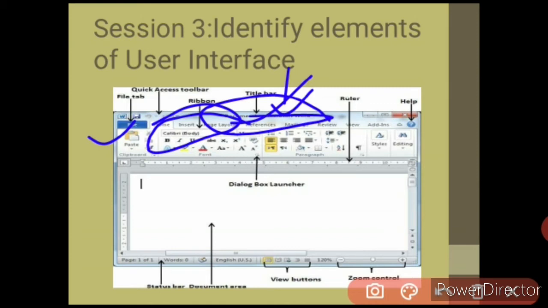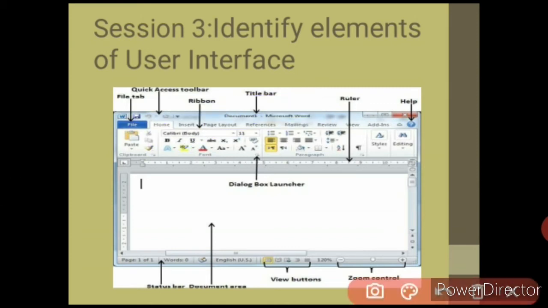Next, the Quick Access Toolbar. Students, this is a very important topic. Here you can see we have three options. This option, the disk or floppy type icon, is used to save your file.